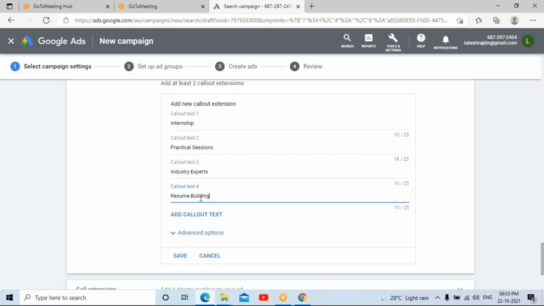If I talk like this, people will start to notice it. This is the best place to highlight what better things you are going to give in your advertisement. So click on save.